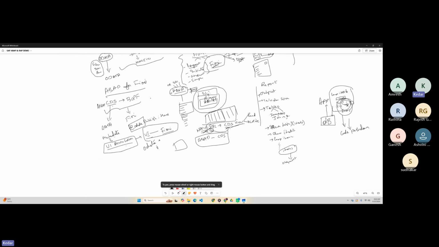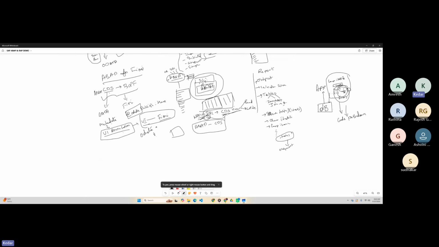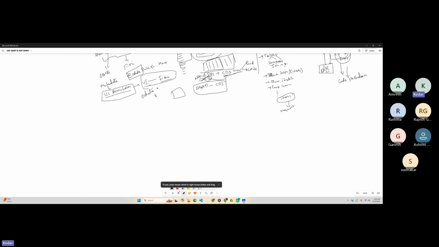Now there is still a gap here. The gap is, okay, we have given a UI screen, we have created a beautiful UI, and we can display the data. But now what if they want to do some operations on that? We cannot do this with Fiori. What happened is they have detached the operations of the front end and the back end, right? So now your front end is your browser,